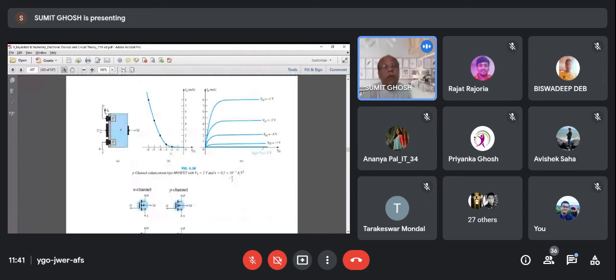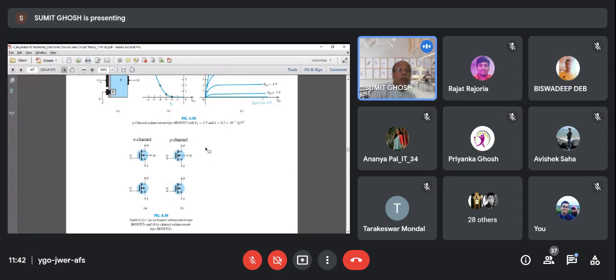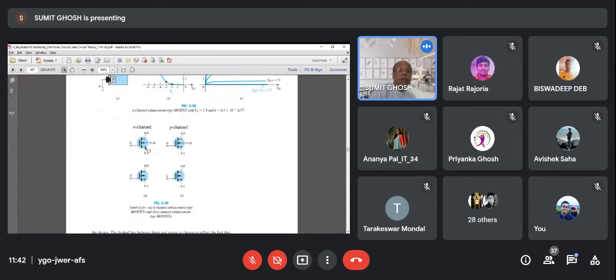পি চ্যানেল এনহ্যান্সমেন্ট মোড মসফেট হতে পারে। পি চ্যানেল থেকে বুঝতে পারছো চ্যানেল এখানে তৈরি হবে, যখন কিনেছো নেই, দুটো আইল্যান্ড বসে আছে পি পি, কিন্তু চ্যানেল নেই। যখন ওই থ্রেশহোল্ড ভোল্টেজ দিচ্ছ তখন পি চ্যানেল ক্রিয়েট হবে এন সাবস্ট্রেটের মধ্যে। এইগুলো যদি পড়ো ভালো, জেনারেলি কোয়েশ্চেন পি টাইপ থেকে আসে না, এন টাইপ থেকে আসে, কারণ এন টাইপটা বুঝলে পি টাইপটা যদি বাই চান্স চলে আসে, বুঝে একটু দেখে নিও, নতুন কিছু নেই, শুধু একই ভাবে পড়া আছে।